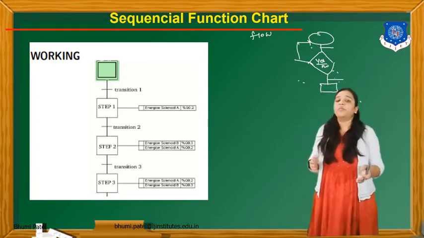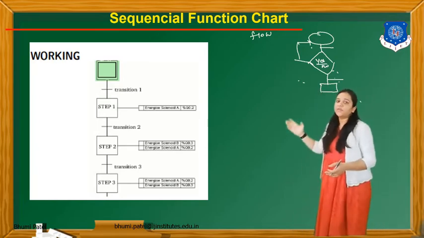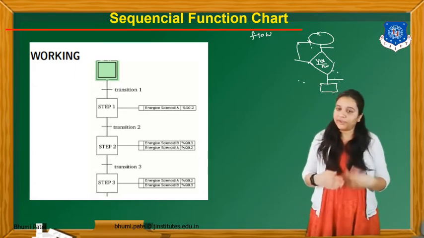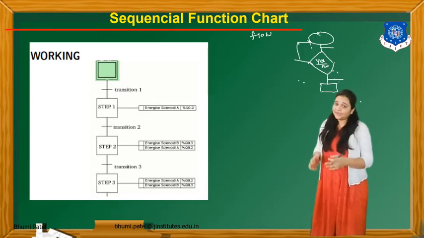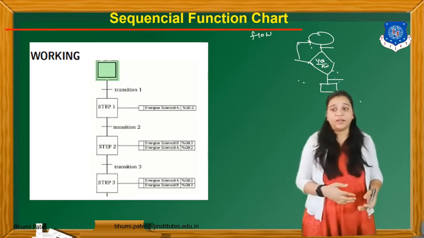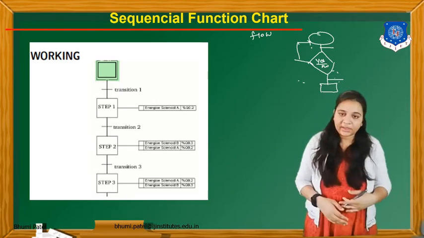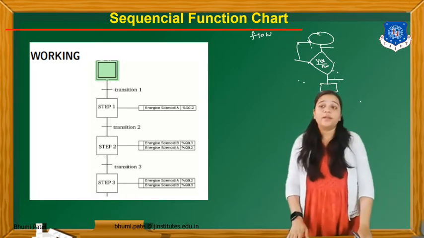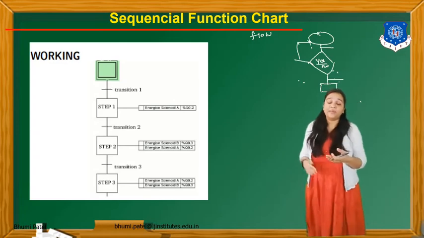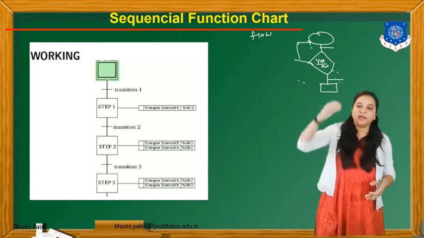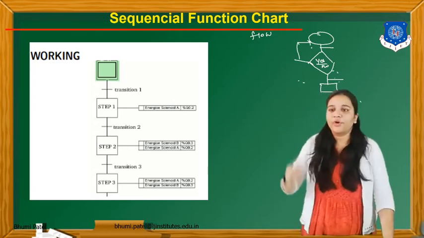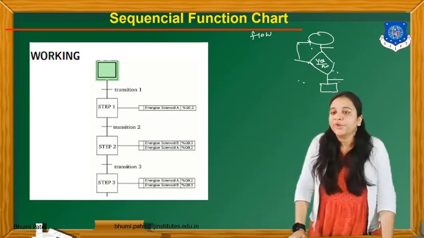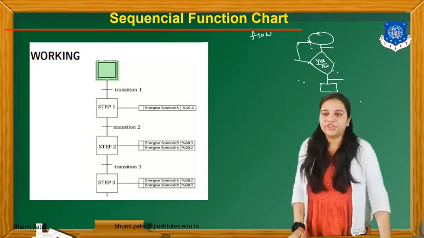So the same formula will be applicable to the sequential function chart. We have to check the transitions one by one. If the transition satisfies this condition, we can go through to another transition. If there is no satisfaction, if we cannot get the proper output, at that time we can go back to the upper or the above transition. So here only a 3-transition program is given using the sequential function chart.